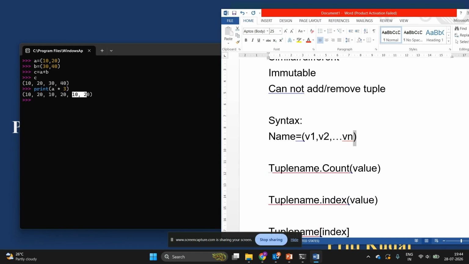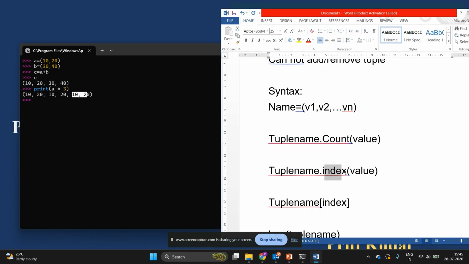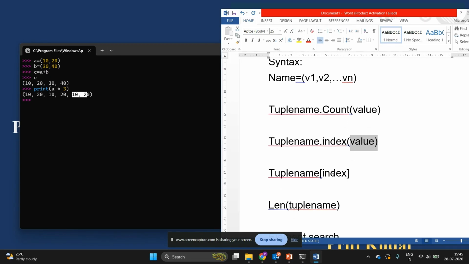The methods we have seen are the count method, which counts the number of occurrences of the specified value, and the index method, which returns the index of the specified value. Individual values can be accessed by writing the index position in square brackets.